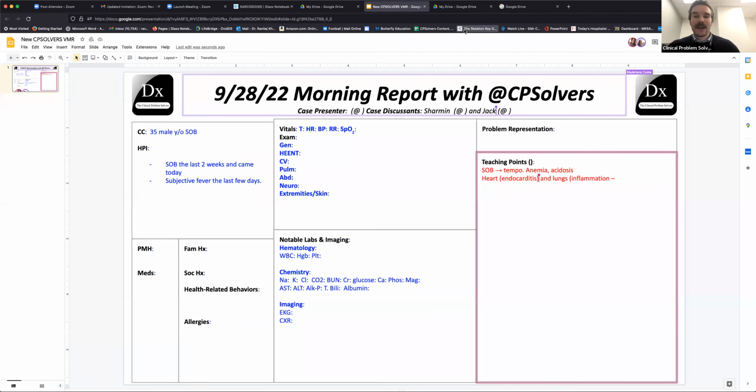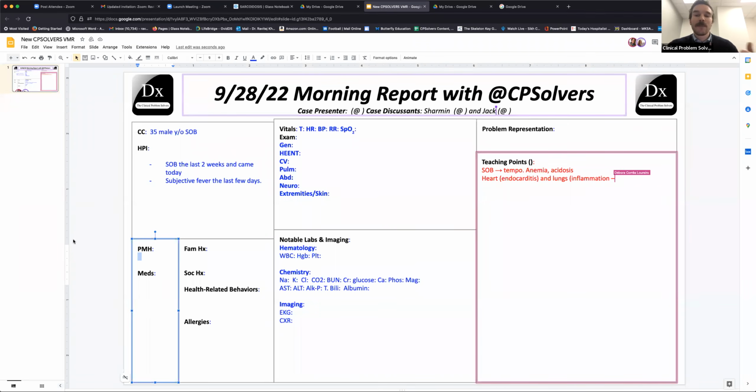endocarditis. And sometimes we do have pulmonary diseases that are pre-existing, like the person who has COPD, who then develops heart failure later, right? So these aren't mutually exclusive categories, but if we think about our basic schema of heart, lungs, everything else, we can look for the company that the shortness of breath keeps. And in this case, the inflammatory company is going to at least push me to think about investing most of my energy into understanding what pulmonary process could be going on, but not losing track of a potential cardiac process. Sharmise, what are your thoughts?